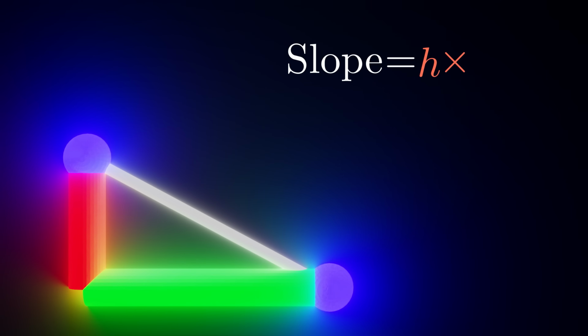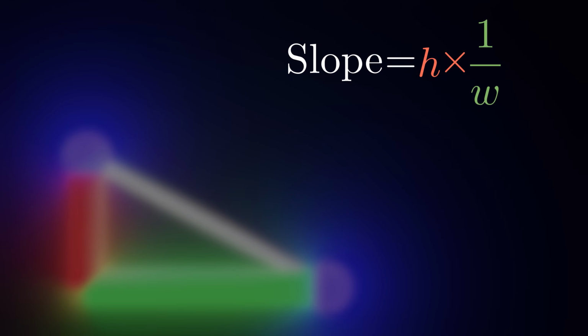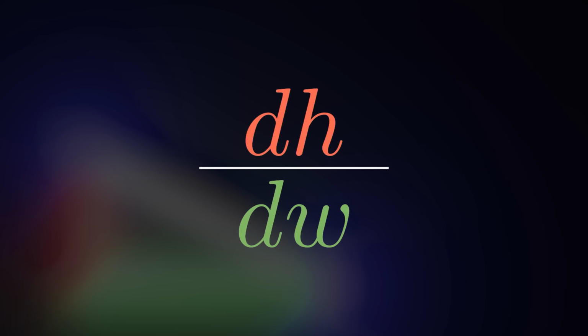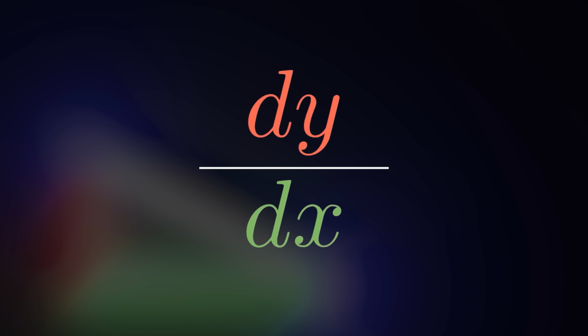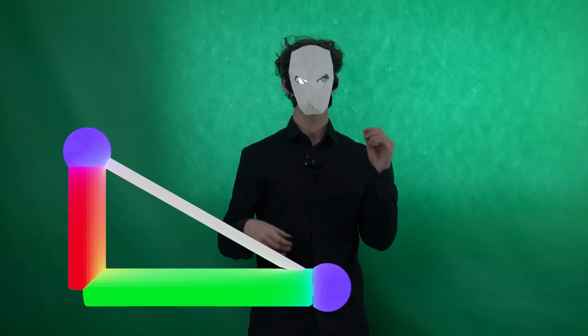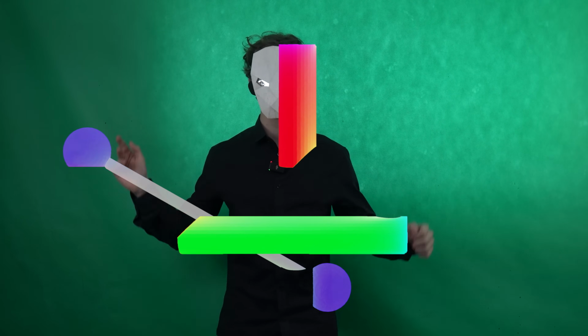So what we can do is just inverse it. So divide 1 by width. Now, if we multiply these 2 together, then we get a value which represents the slope. So the slope of any 2 points would be just the difference of their height divided by the difference of their widths. And considering that in this case we have the x-coordinate and y-coordinate, we can note it down as the difference of y divided by the difference of x. And so there we go. That is simple. If you have 2 points, then you can check the slope by just dividing this by this. Easy stuff.